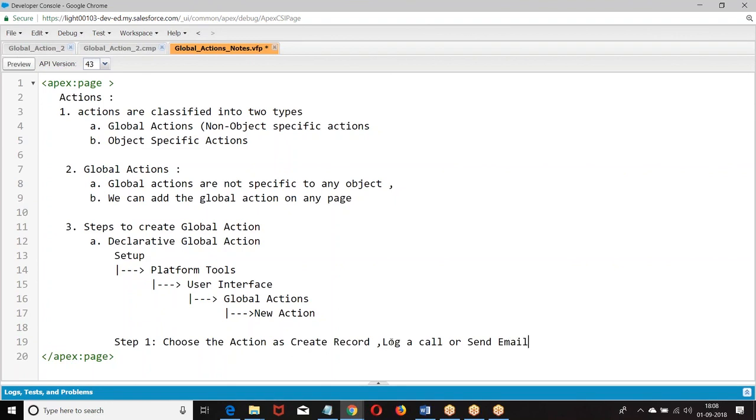Choose action as create a record, log a call, or send an email. You say declarative.